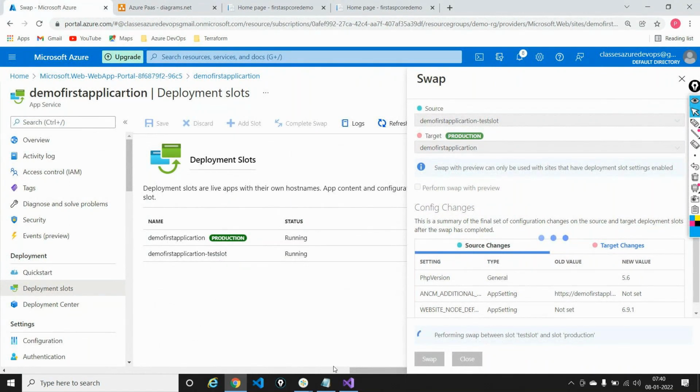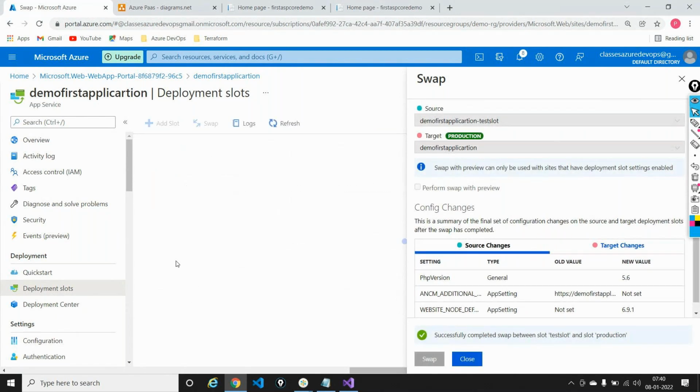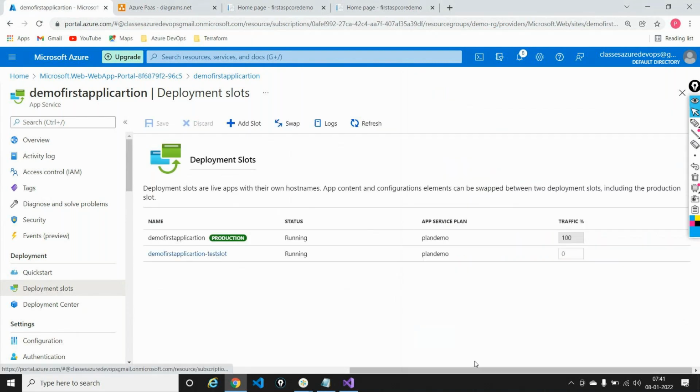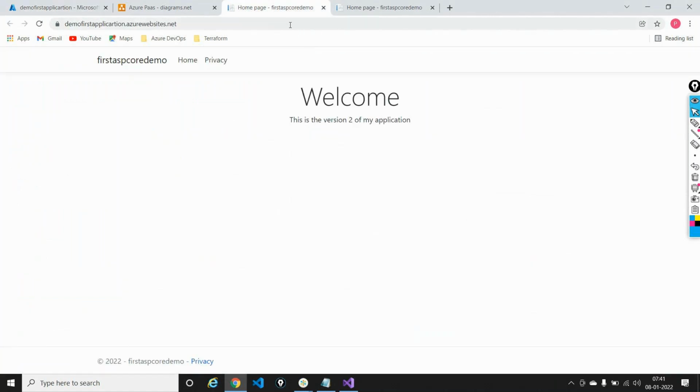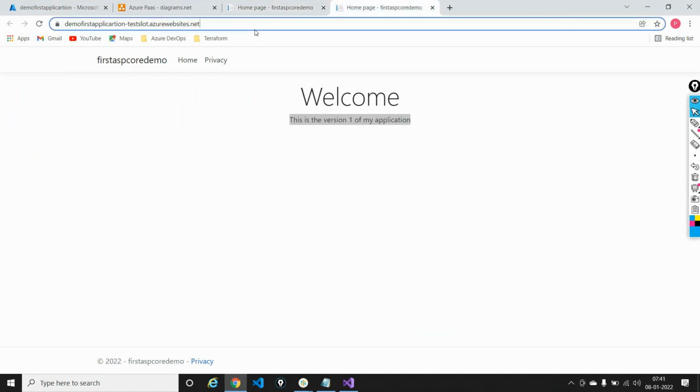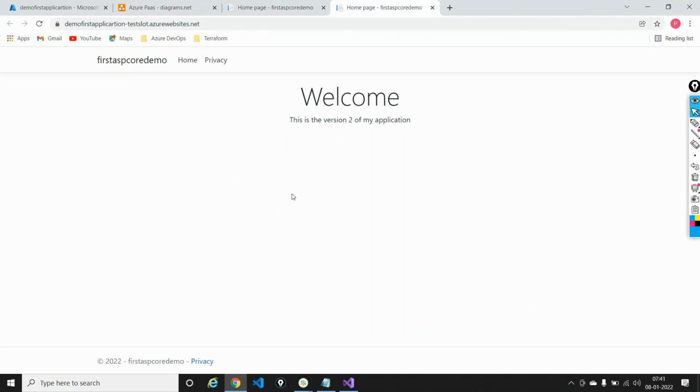What if we have multiple test versions? Yes, so if you have multiple test versions, what you can do out here is have multiple slots. Meaning this is not limited to 2 slots. You can have multiple slots out here. I'll come back to that in a second. So right now, if I did a rollback and I refresh my screen, I have version 1 of my application, and in the testing slot I have version 2.